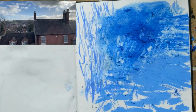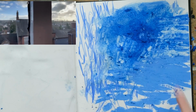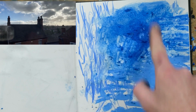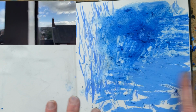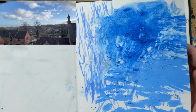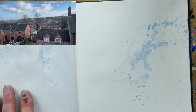I think I might probably leave that, because I actually quite like this. I quite like the way this will probably change though as it dries. This is darker blue here, but I might be able to do something with that. I quite like this difference between this lighter blue and the darker blue there. It's quite good fun. So I'm just looking at that, just thinking about the colour. That's all that's there. But then while I was doing that, I was thinking, well, I could do the colour, but then there's the light